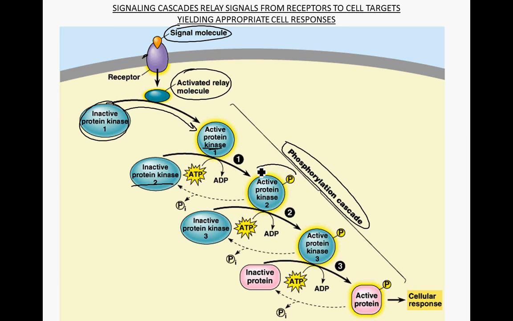Now I want to point out right here what this looks like. This is the active protein kinase and it's been phosphorylated. This is the inactive protein kinase enzyme and it is not phosphorylated. So by hydrolyzing ATP to ADP, we take this inactive one and make it active by adding a phosphate group onto it. Well, this active enzyme right here that's been phosphorylated catalyzes the reaction of this inactive protein kinase here by